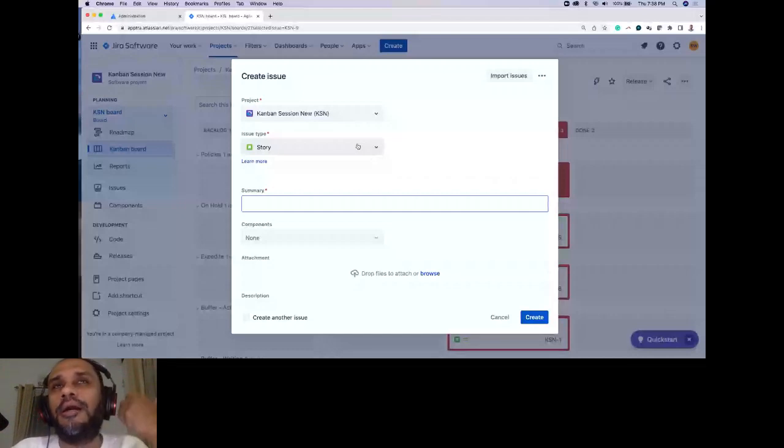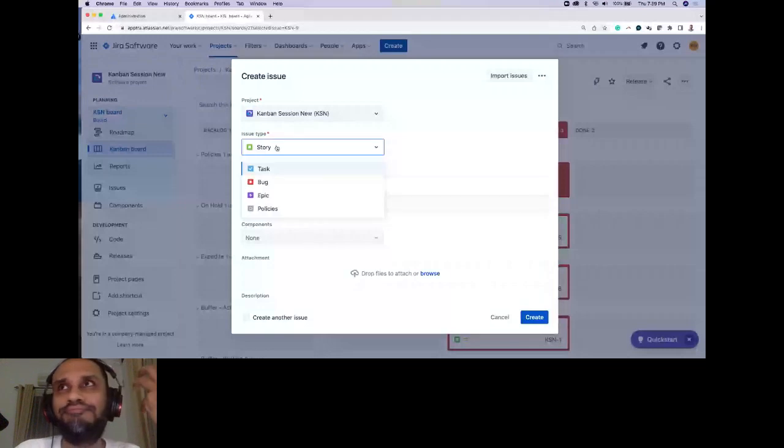Okay, and as we all know, for any type of big work that we need to do, we can make use of this issue type epic. For any type of functionality that we need to implement, we can use the issue type story. For any type of maybe some technical configuration, some technical server configuration, or whatever technical work that needs to be done, or maybe some developer environment upgrade that needs to be done, we can use task, right? And then for any defect that needs to be fixed, we can use bug.